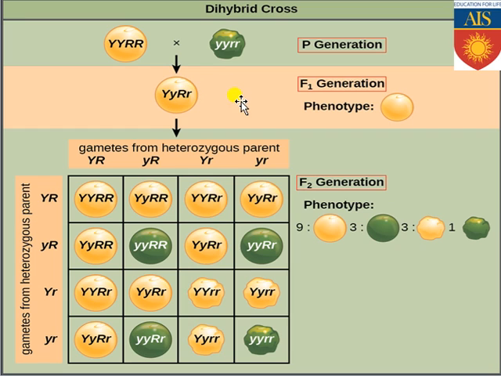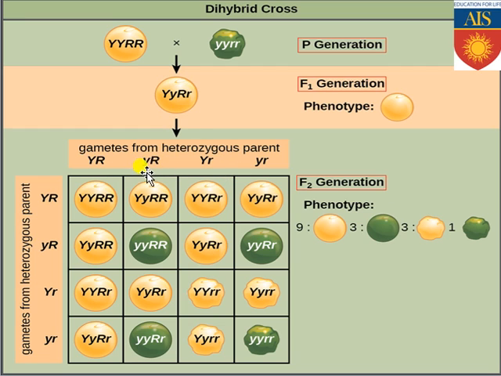If you take individuals of the same genotype and cross them, please see carefully that whatever allelic forms of the genes are present, they get independently segregated during gamete formation. So the alleles present in the individual do not combine or mix with each other; they remain independent, and they get independently segregated during gamete formation. How? Let's see. This specific individual, capital Y small y, capital R small r, when forming the gamete, capital Y comes with capital R, as well as capital Y comes with small r.